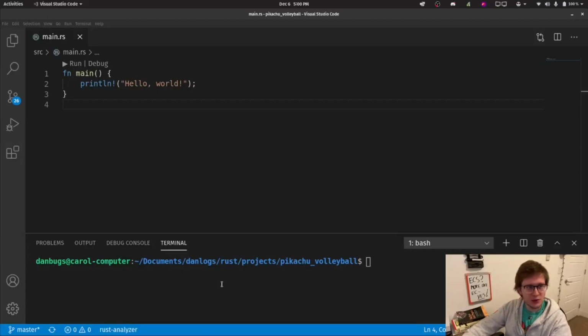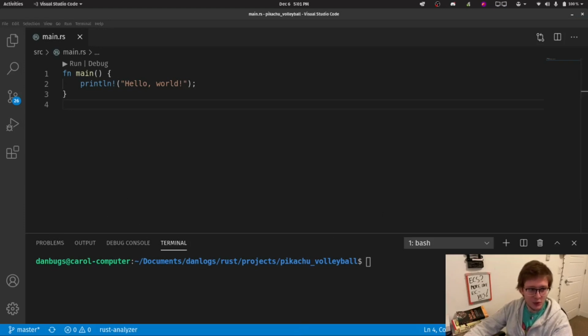To spare us the trouble of loading screens, I've already started our project using cargo new pikachu_volleyball and opened it in VS Code. In some other tutorials you find online, you may see people creating their Amethyst projects with amethyst new instead of cargo new. And that was an option, but developers are no longer maintaining that tool set. So I figured it'd just be better to continue with the good old cargo new way.